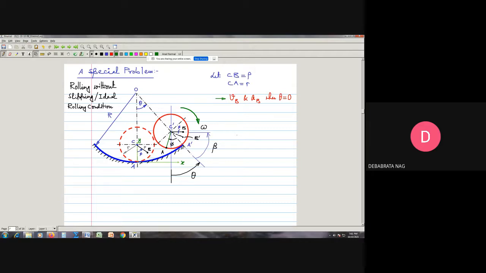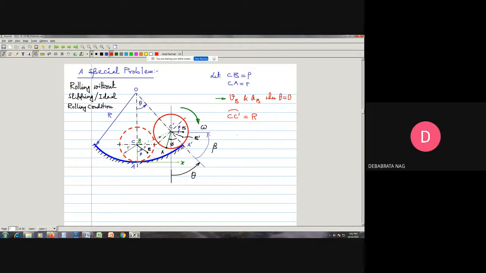We can consider a circular arc like this, which will be parallel to this path, of course. So as it travels to this CC prime position, it describes this angle theta. So the arc length that the center of the sphere travels is basically equal to what? We can write the arc length that the center of the cylinder travels as CC prime, and this arc length we can write to be equal to capital R